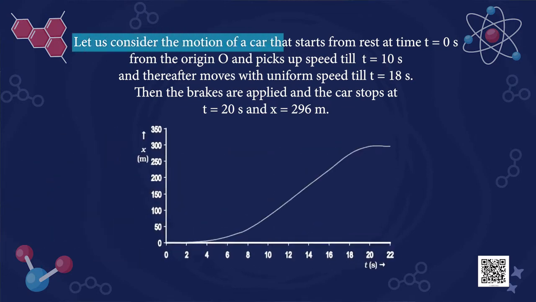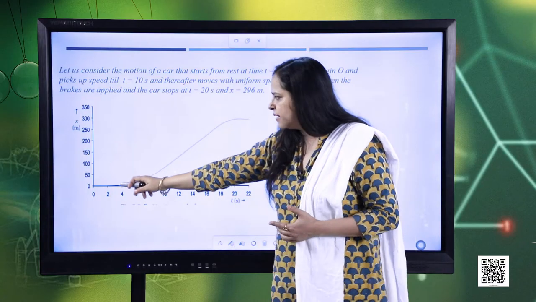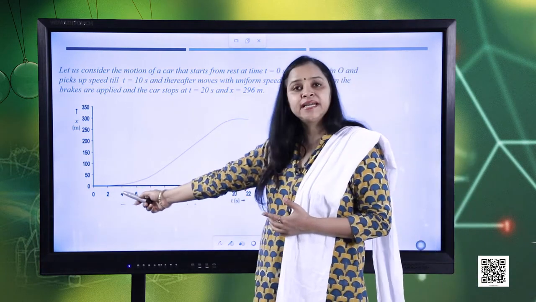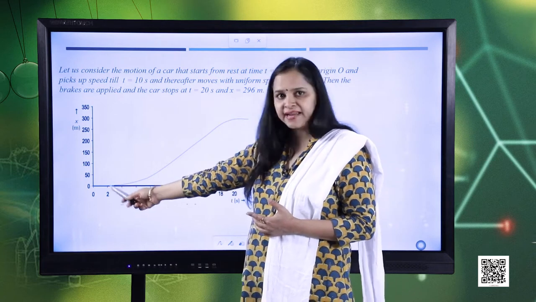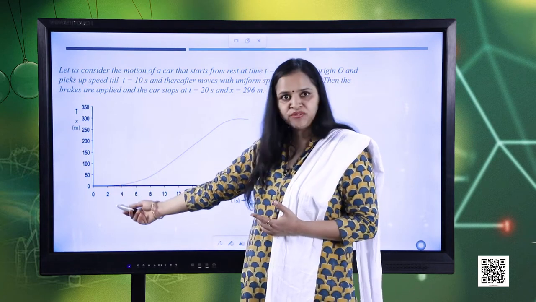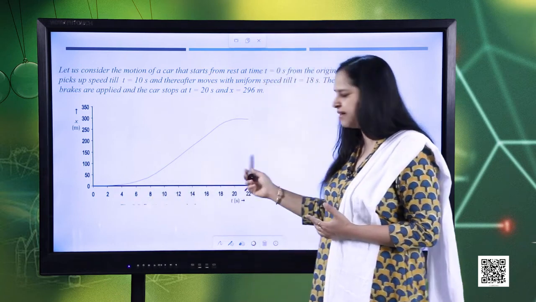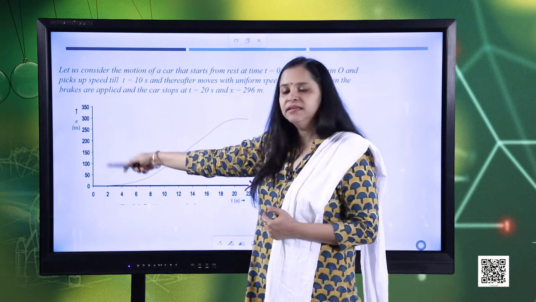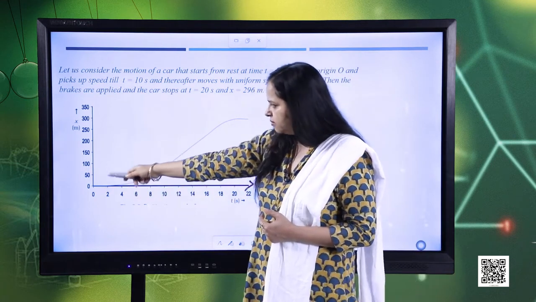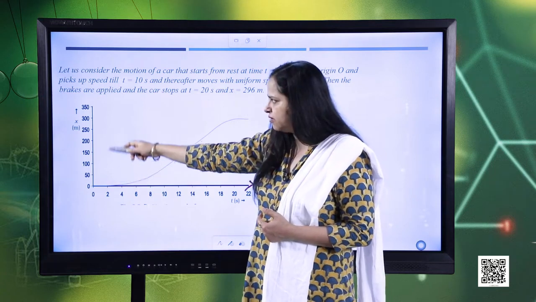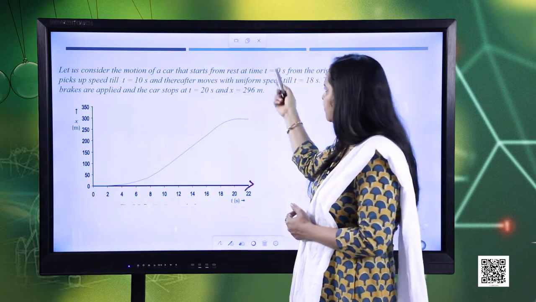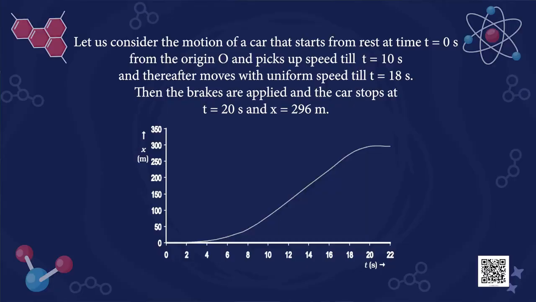Let us consider the motion of a car that starts from rest at time t equal to 0 seconds. Here again you see that along the x-axis is the time axis, wherein we have taken the scale in seconds, with a division of 2 seconds each: 2, 4, 6, 8, 10 seconds and so on in equal intervals. Along the y-axis I have considered the position, in meters, and the division is of 50 meters each. Initially the car starts from rest,